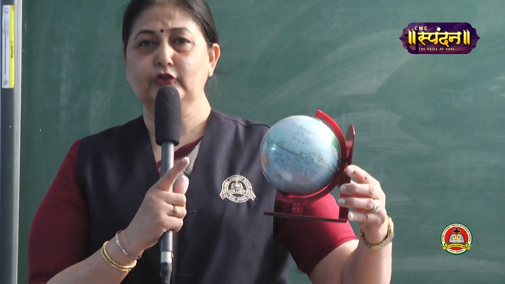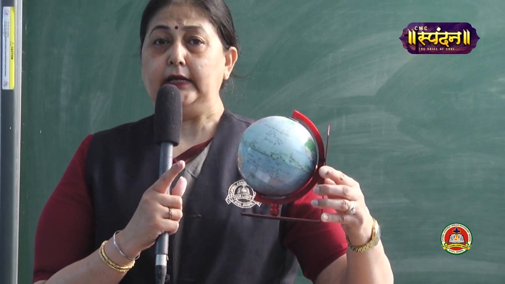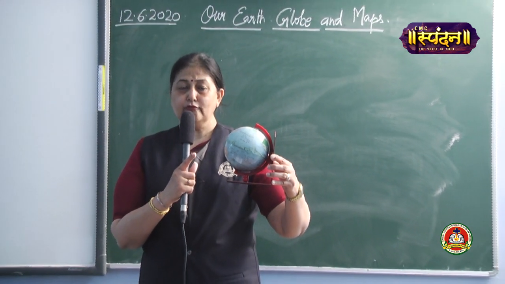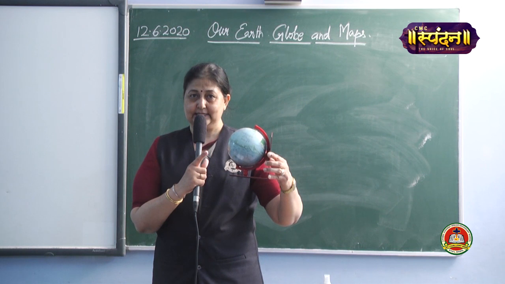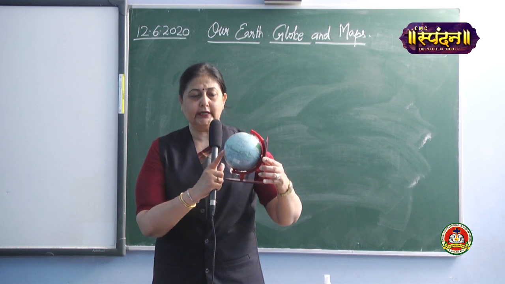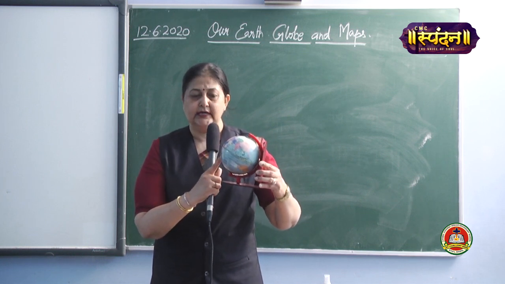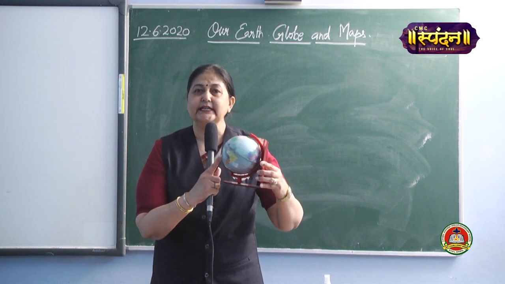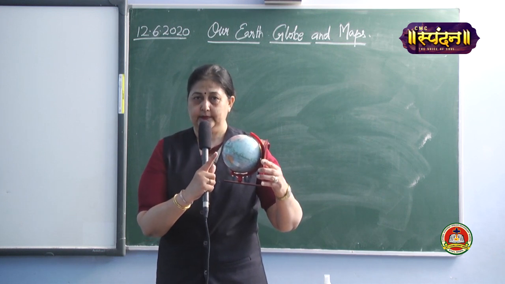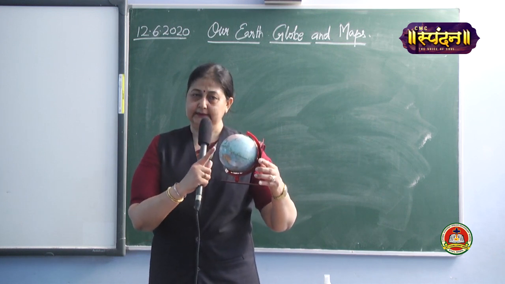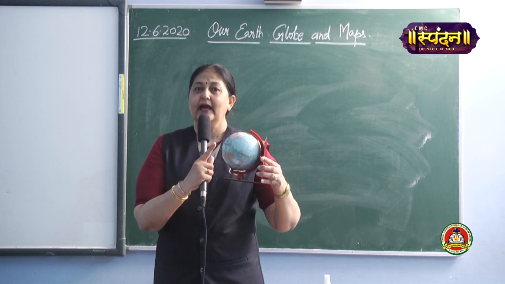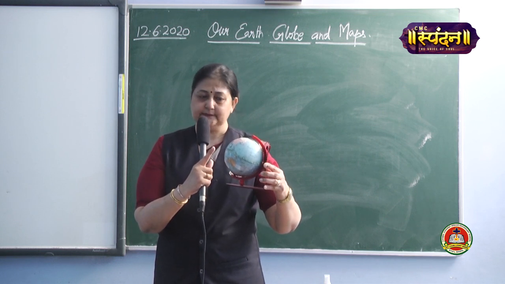Now, with the help of the globe, as I told you, you can understand rotation. Rotation is the movement of the earth on its axis, which causes day and night. It spins slowly round, and one round takes 24 hours, causing day and night. Alright, this you can understand on a globe. The portion which is under the sun has day, and the portion which is in the darkness away from the sun is the night. Alright children?